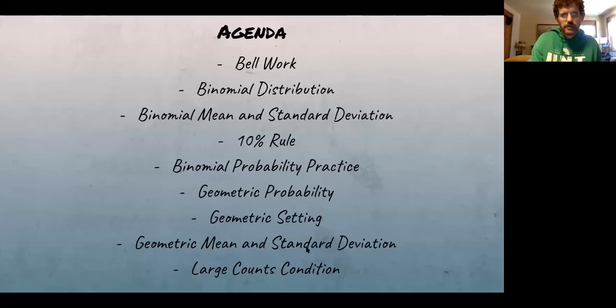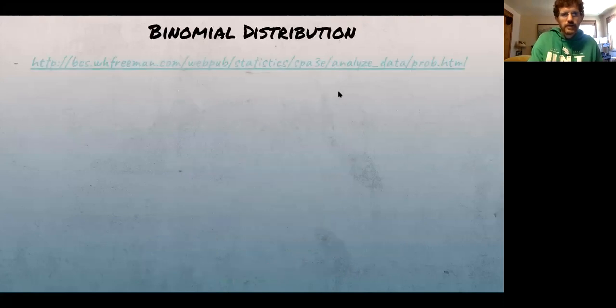Okay, and here's the outline for today. I will tell you in fifth hour, we didn't quite get through everything. We got through everything except the very end. We might go a little faster this time, we'll see. So we're going to start looking at the binomial distribution a little bit more. And I wanted to, first of all, take us back to